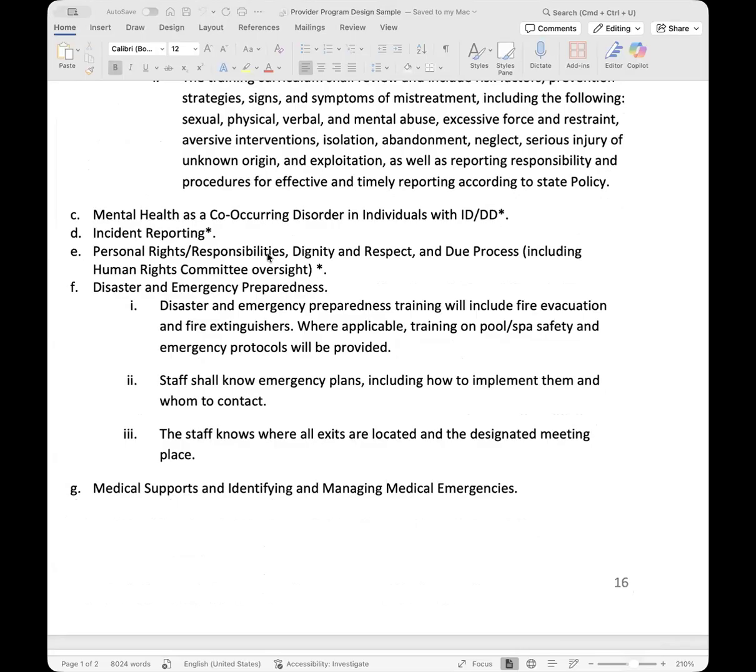I'll just move on. Okay, so mental health as a co-occurring disorder. A lot of the time, adults or clients with IDD have other disorders. You need to make sure your staff is fully aware of any co-occurring disorders: depression, schizophrenia, Alzheimer's, depending on the age of the clients you're working with.